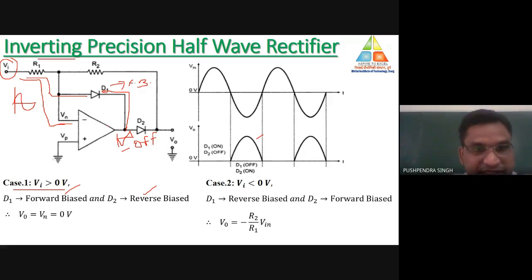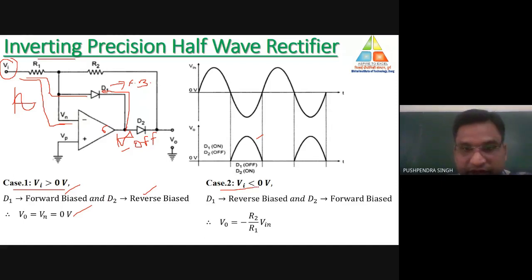Output terminal and 6th number terminal of op-amp. There is no connection between these two. So the position where we are trying to connect the load is not connected with the output terminal of the op-amp. That's why no signal will be supplied to the load. Due to that, the value of output voltage is 0. So when D2 is in off condition, there is no connection between the output terminal of the op-amp and the load, so the value of output voltage is 0.